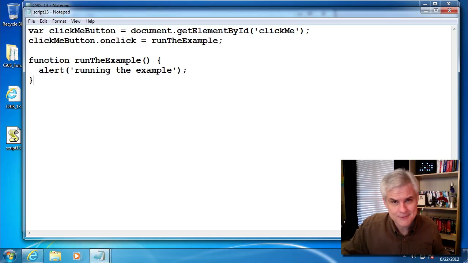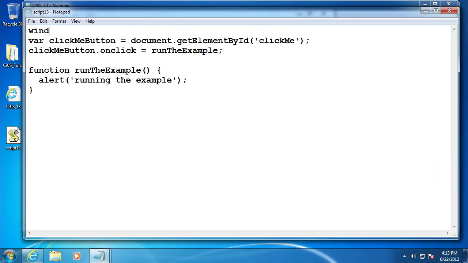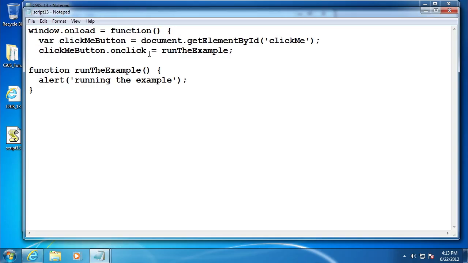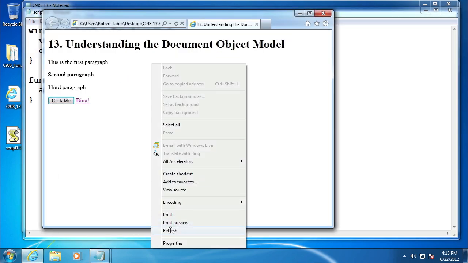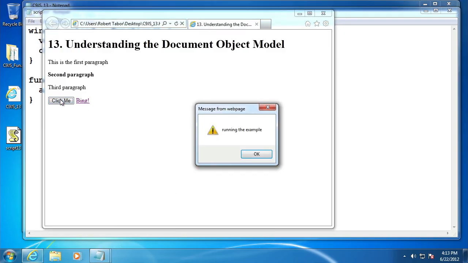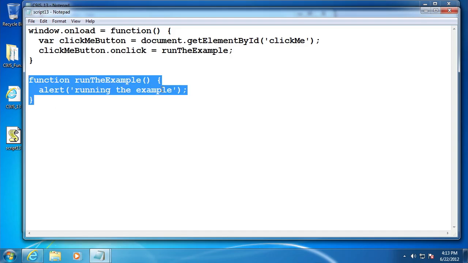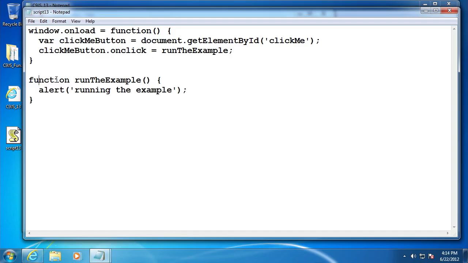For now, we don't have any images. I'm not really all that worried about it. This will work for the time being, all right? And what will work? Well, here's what I'm going to do. We'll go window.onload equals, and then I'll create an anonymous function, and that anonymous function will just contain these 2 lines of code in it. All right, so let's save this. Let's refresh that. And now when we click the Click Me button, we get the runExample alert box to show up